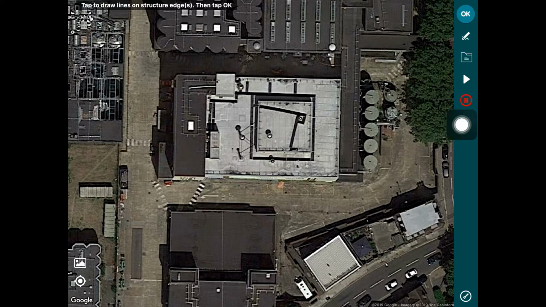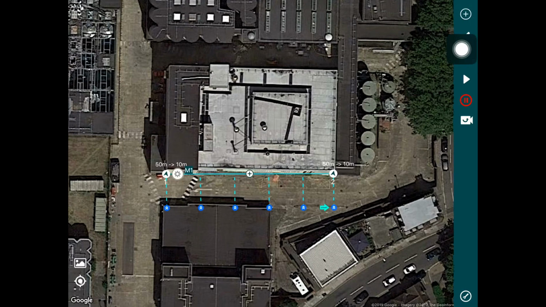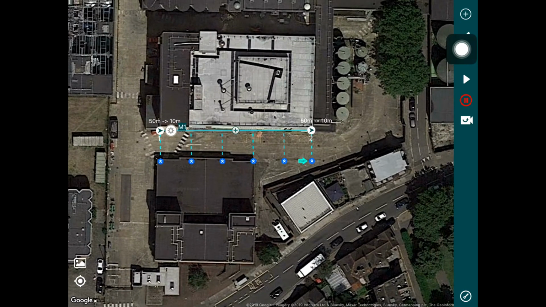So what you would now do is tap on the corner of the edge, and you will see Hammer put a point on the screen, and then you tap on the other edge of the facade, and once you're done, tap OK over there. And Hammer will generate a default flight plan based on that. Now obviously this is a default flight plan, the parameters have not been tuned,